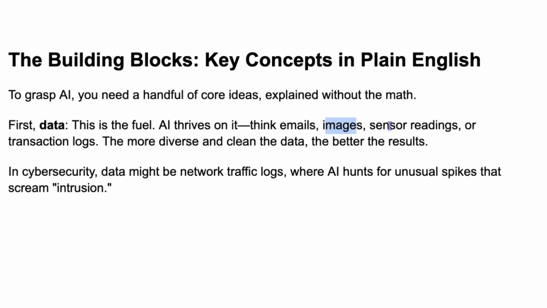Think about emails, images, sensor readings, or transaction logs, any kind of data that comes in, right? Sensor readings could be sensors that feed their data to the AI, right? There's data being processed into your brain right now as you're watching this. There are at least 2 to 3 sources of data. You're watching this, you're listening, and you're probably clicking around on your phone or something. You might be taking notes. There are at least 3 or 4 different sources of data right now,